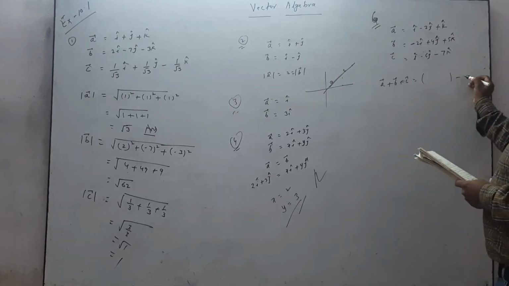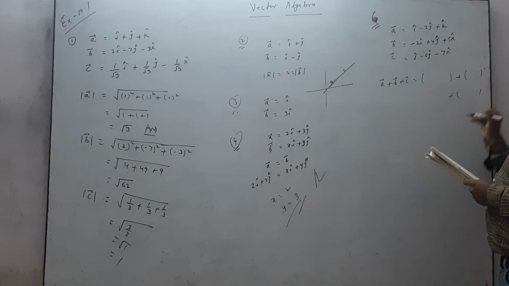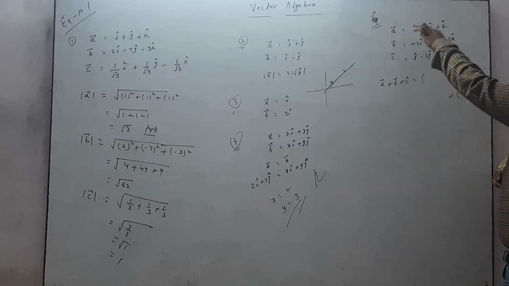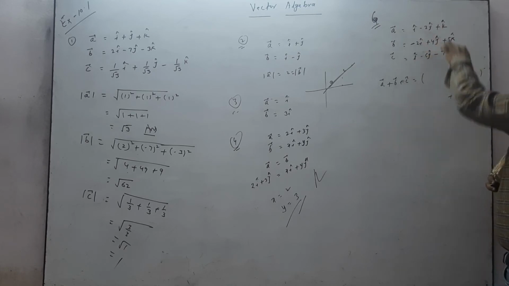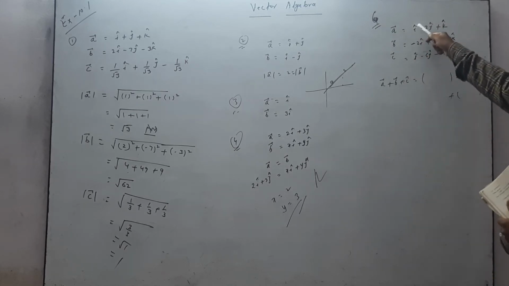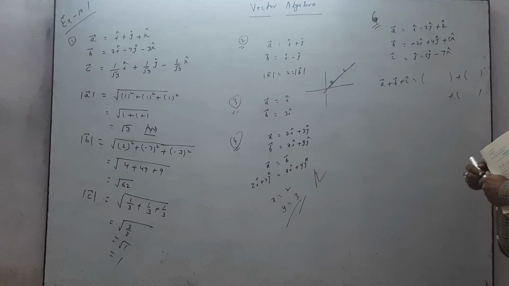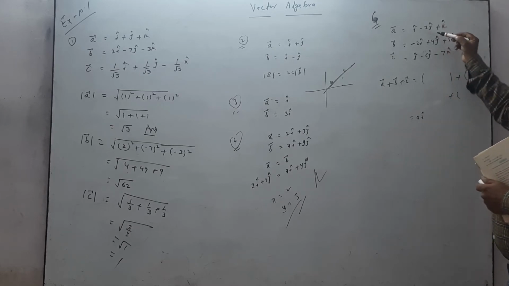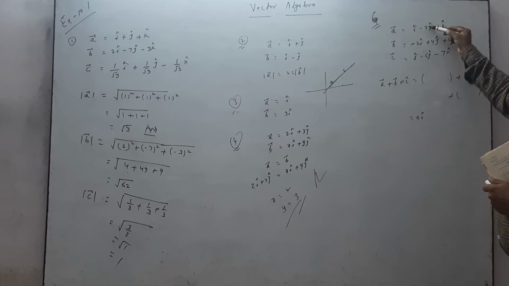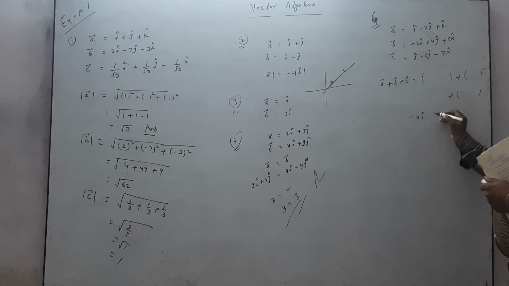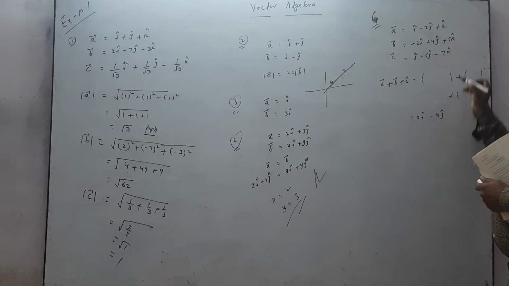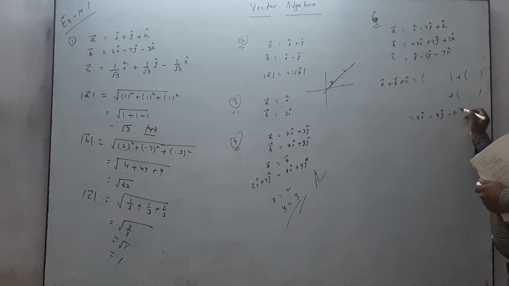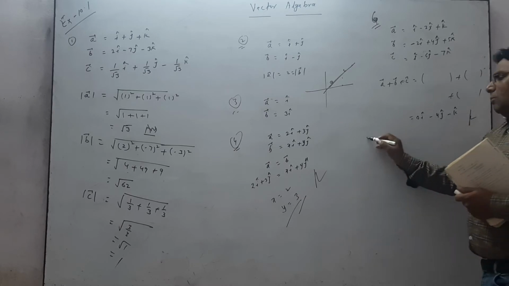Here vector A is given, vector B is given, vector C is given, and if we have to add three vectors or find the difference, that is, i will add with i, j with j and k with k. That means 1i cap minus 2j cap plus 1i cap, that is 0i cap. Same, minus 2j plus 4j minus 6, and 2 minus 8 plus 4, that is minus 4j cap. Same, 5 plus 1 minus 6k and minus 7k, that is minus k cap. This is the answer.